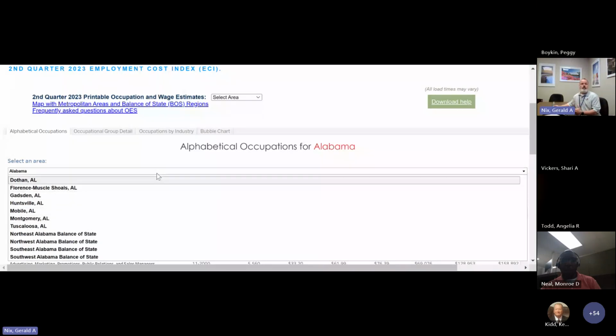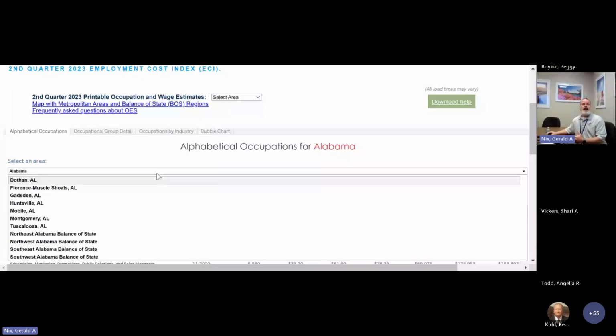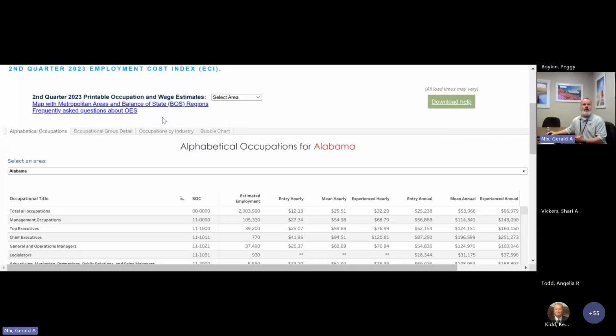If you're not familiar with what county lies within a metro area or a balance of state, we do have a map, and hopefully that's showing up on the shared screen right now. So you can see a map of the state with the different counties and where they fall into either a metro area, or you can see up here on the left-hand side, you've got 6 counties that fall within the